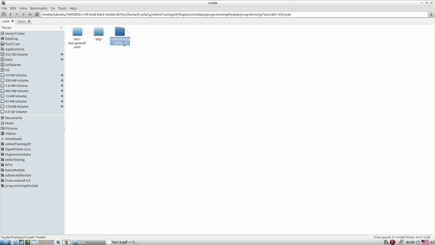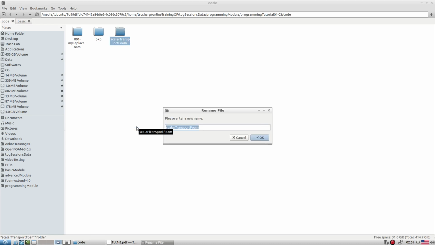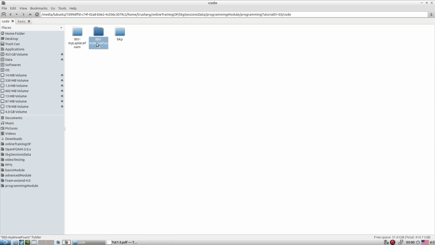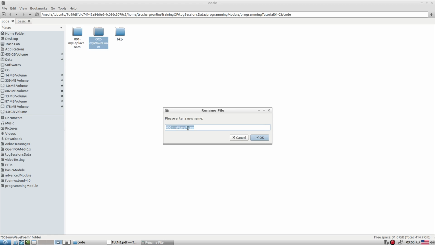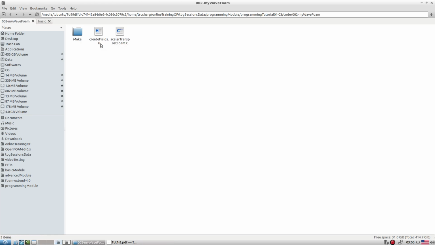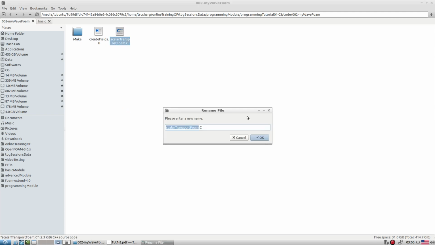Let's rename this to 002 my waveform. That is the solver name we are giving. Whatever name we assign to this directory, we are supposed to assign the same name to the .c file. So this C file is supposed to have a similar name to what we assign to our directory, my waveform.